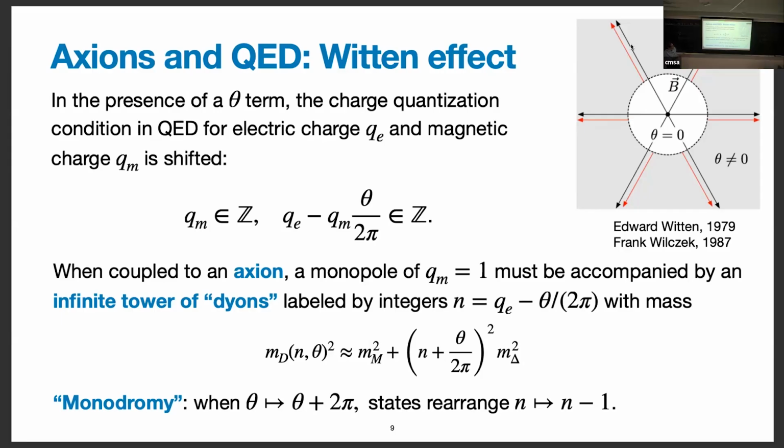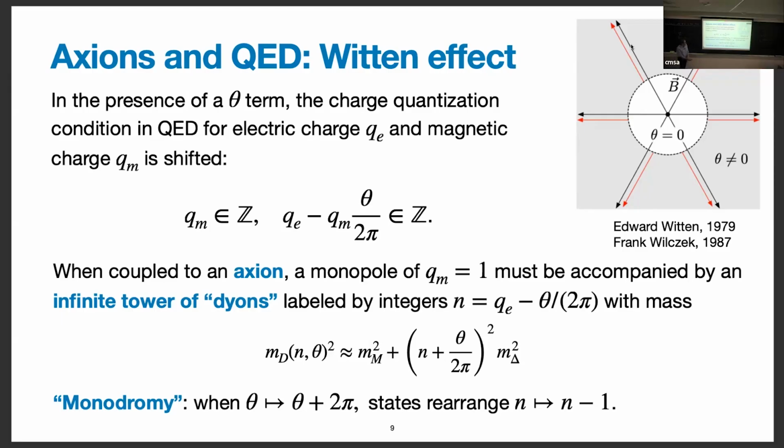And so if you have a monopole where QM is not 0, it picks up a new piece of its electric charge proportional to theta. In particular, that means that if there's an axion-like field, if theta is now a dynamical variable, as it fluctuates, if you can find a monopole, the electric charge of the monopole will fluctuate too. And so the only way to consistently have an axion in a theory with the monopole is that the monopole has this extra degree of freedom that lets it acquire electric charge. So we call this a dion mode associated with the monopole.